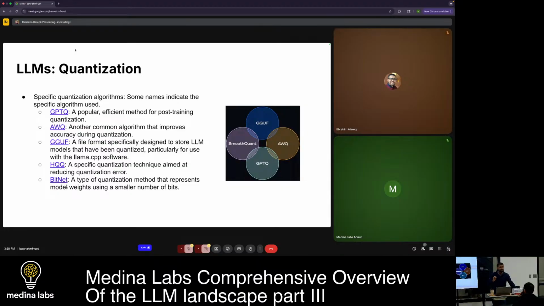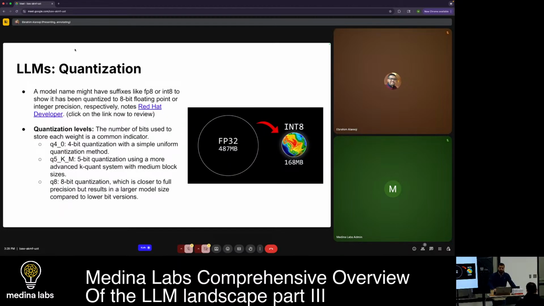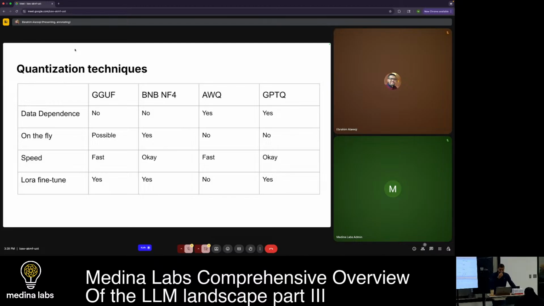When you have a project and you're working on a model, and then you'll have the SREs telling you, hey, this model is too big, we don't have the resources for it, you need to find a way to quantize it. There's multiple methods to quantize it, and you need to choose the right level of quantization. So what do we